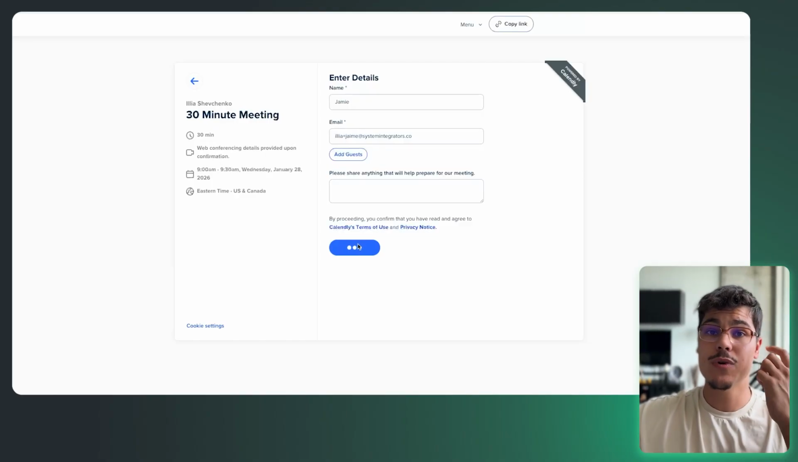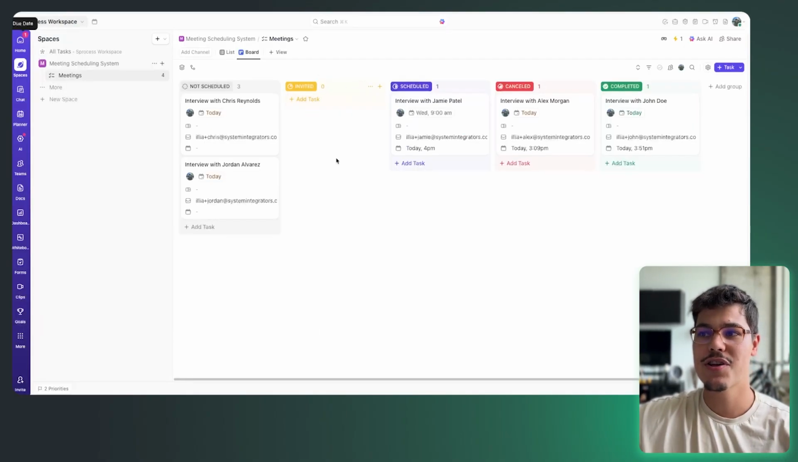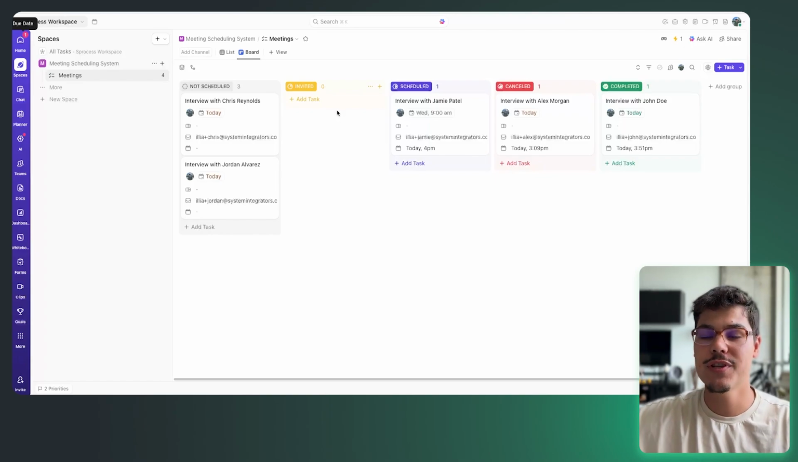Now, because this link that was sent to this person was very specific to our ClickUp record in here, you can see that momentarily that record was moved to schedule. So now not only we don't need to go into our inbox and check if that person scheduled it, but our automation and our system actually moves that record throughout the process and moves it to the correct stage in here, which is